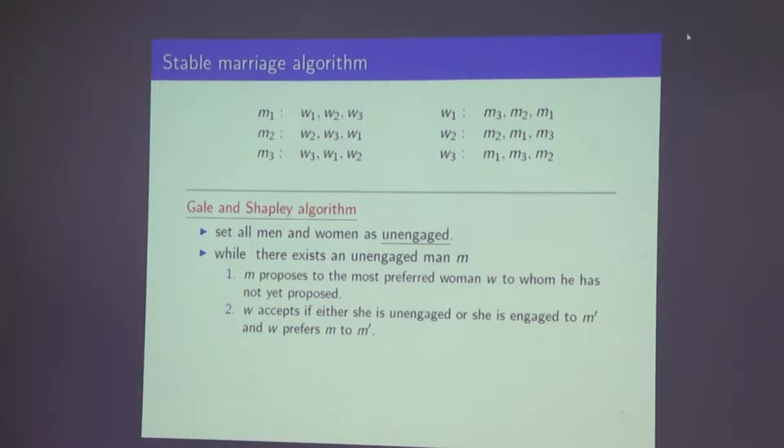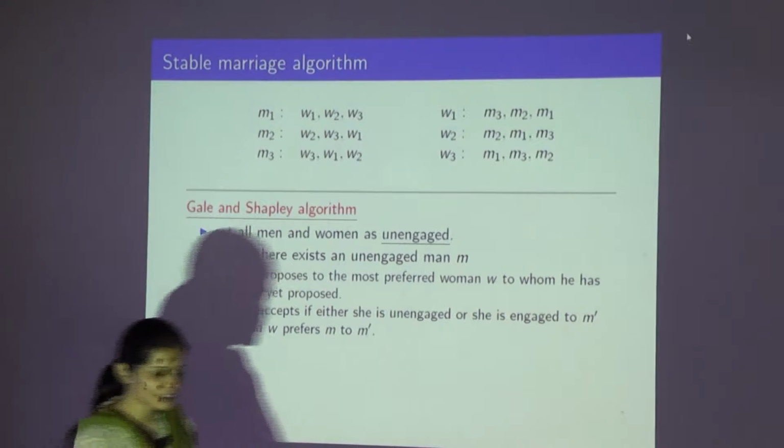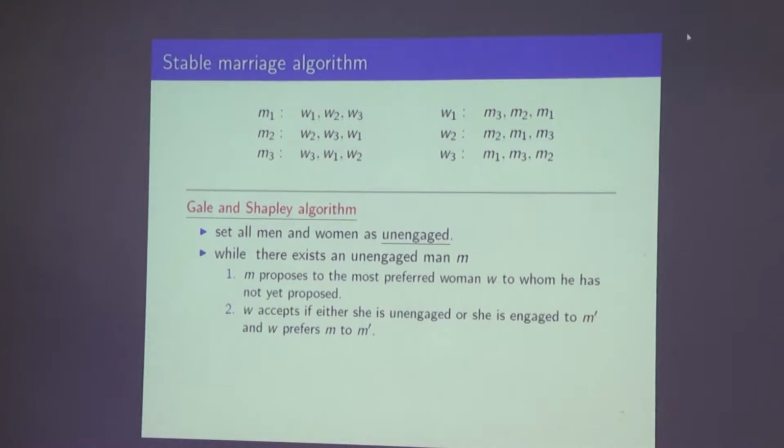So let us now try to ask, what were we interested in? Of course, we presented an algorithm. What were we interested in computing? Stable matchings. So now this algorithm never has said anything about stability. So we want to ask, it produces a matching. Now does it produce a stable matching? Okay, why does it produce a stable matching?